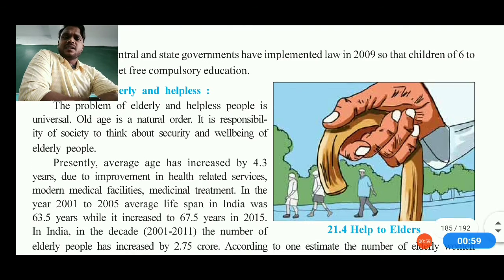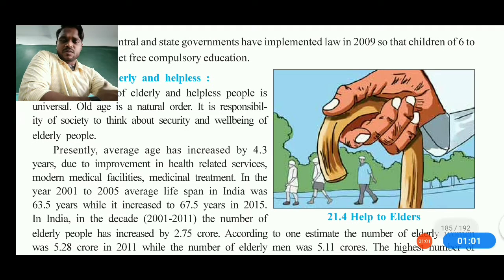The problem is that old age is a natural process. It's a genuine thing. We all are going to move through that process, that loop of time. But if you talk about the detailed theory, then we can say that old age is a natural process, but it is the responsibility of our society always to think of and help the people who are willing to get help. And also we can say elderly people must be helped by their kids, their neighbors, their relatives